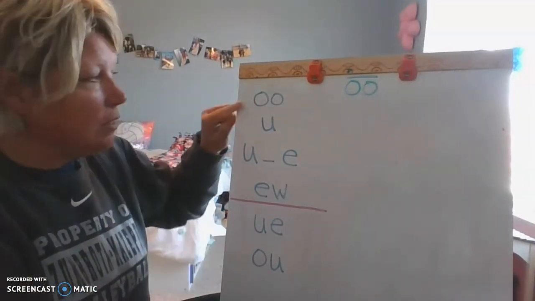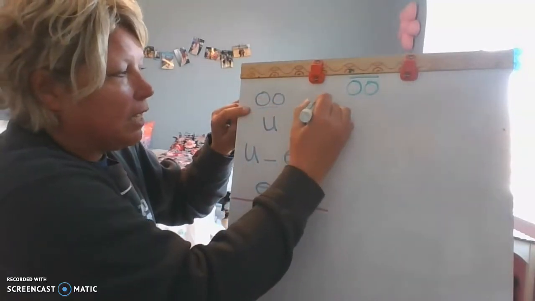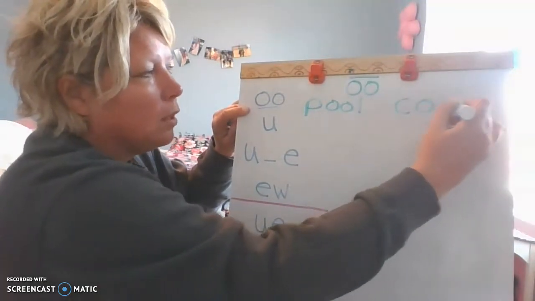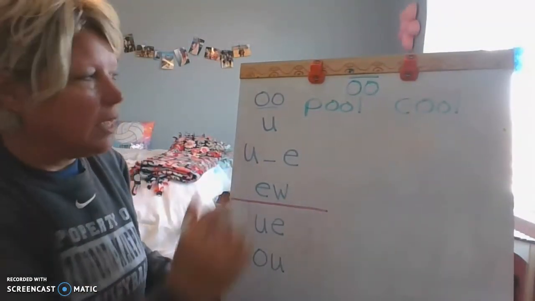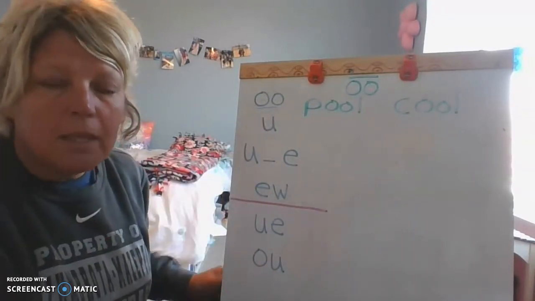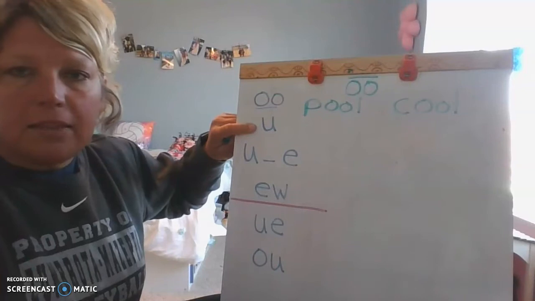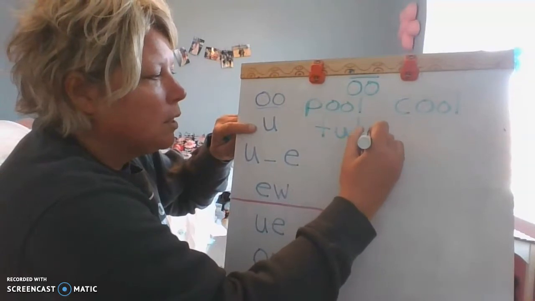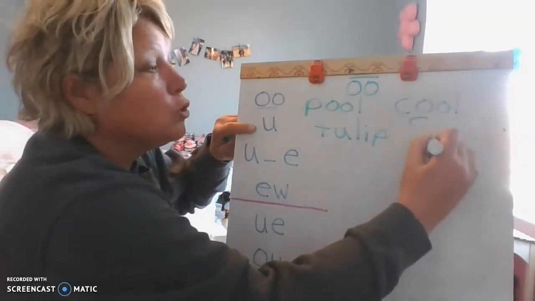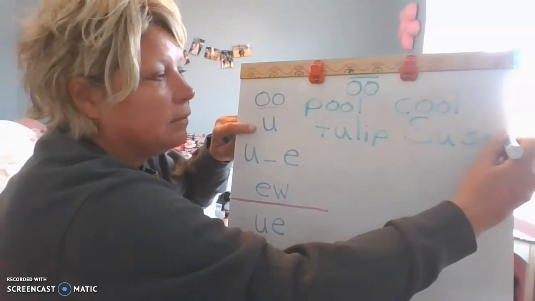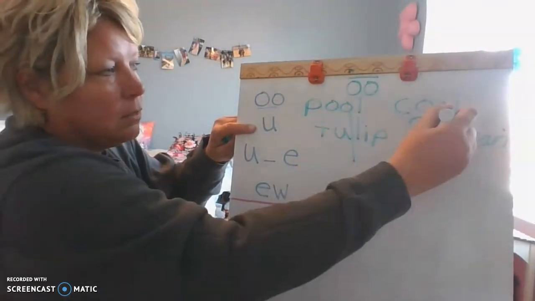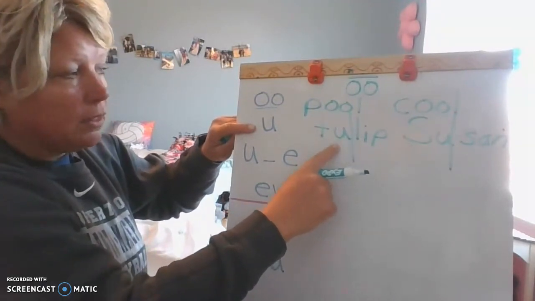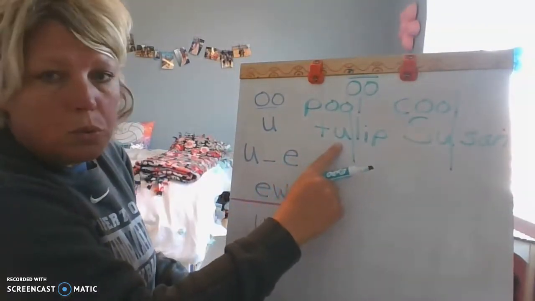The number one way of making the ooh sound is the double O, like in pa-ooh or ka-ooh. The second most common way is the open U, like in tulip or Susan. Two syllables. The first syllable happens to be open. There's no roadblock. You just continue to say it, saying tulip,